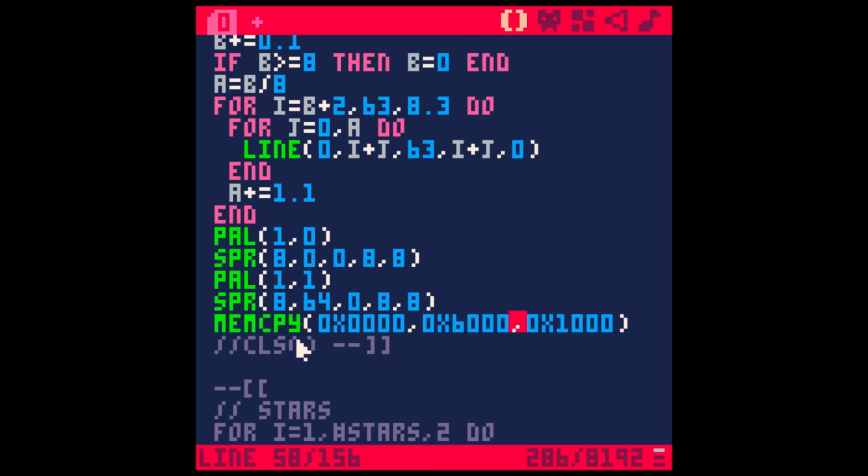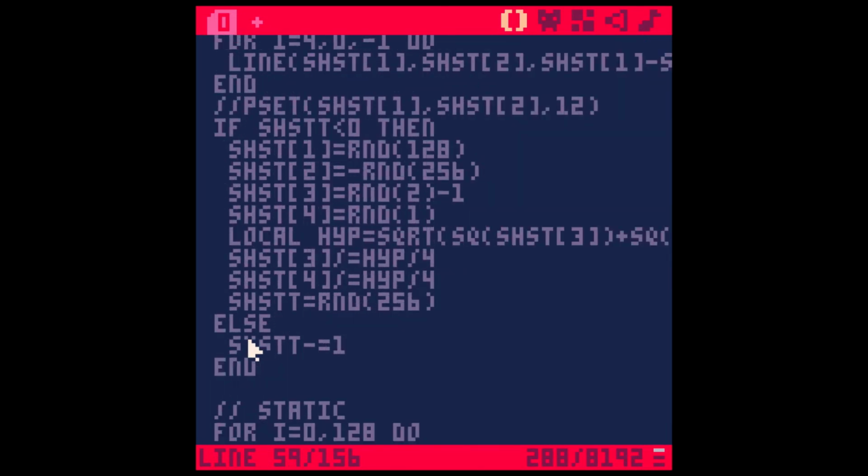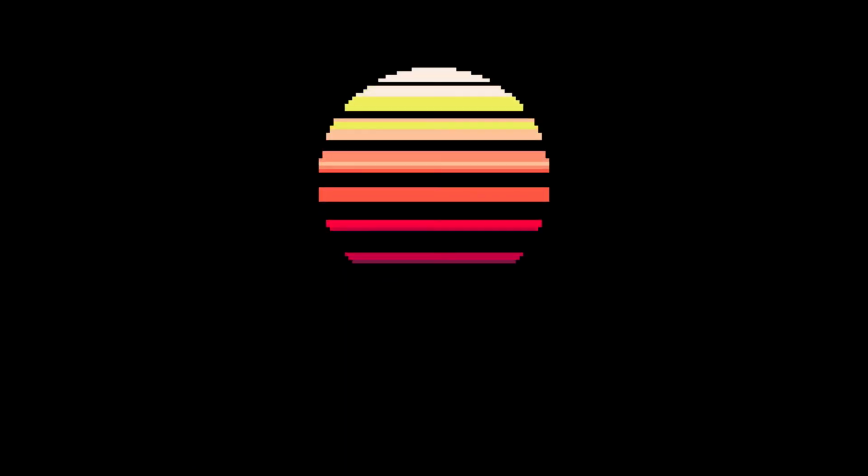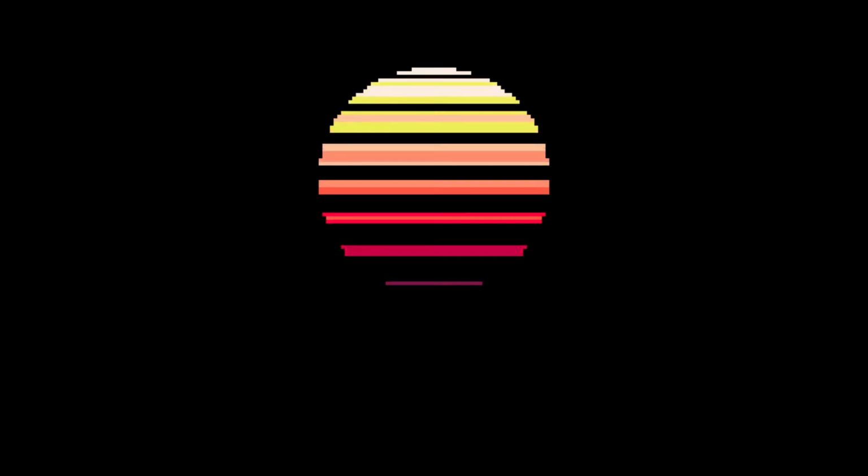So now once we've got the sun sprite into the sprite sheet, well, now we can use it as a sprite. So if we go down here to where the sun is being drawn, here we go. So here's the sun being drawn just onto the screen. So this will, now that it's a sprite, it'll be drawing over top of everything else,